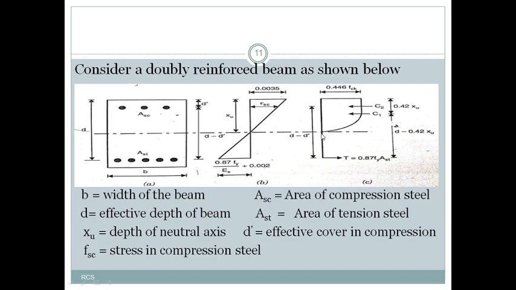It is parabolic up to a strain of 0.002, and then it is rectangular from a strain of 0.002 to a maximum strain value of 0.0035. So we have calculated the stress block parameters here, that is T, and the total compressive force acting, C. But here we got the forces in the stress block as C1 and C2.